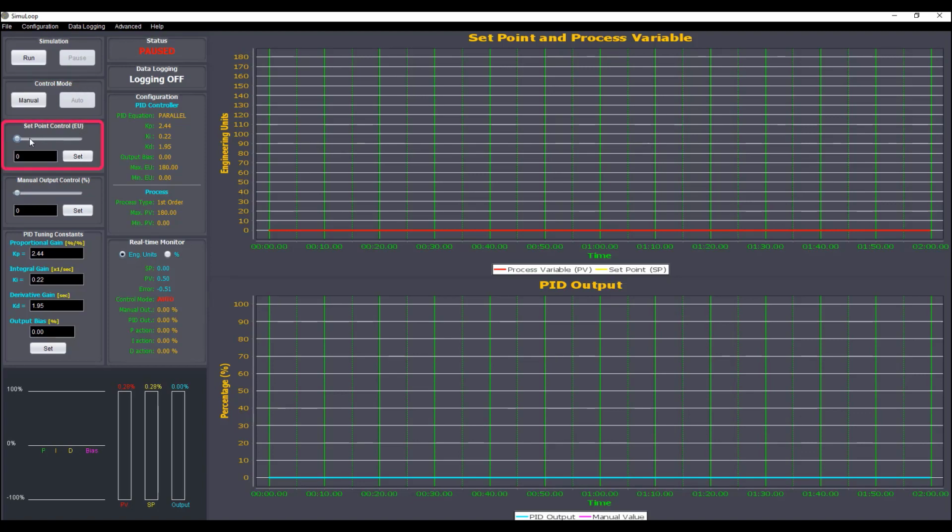Then we have the setpoint control. We use this to enter a new setpoint to the system. We enter a setpoint by using this slider or by directly entering a value in this input field. Then we have here the manual output control. We use this to adjust the value of the PID controller output between 0 and 100% when the controller is